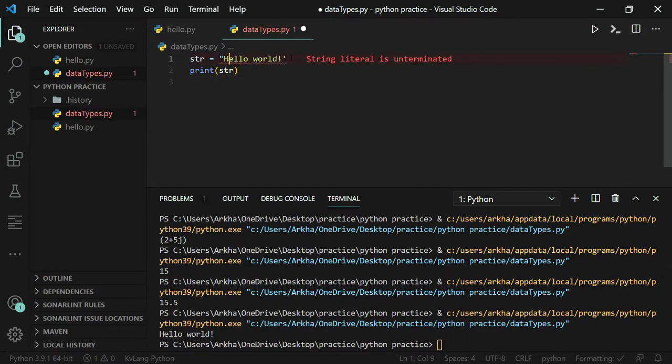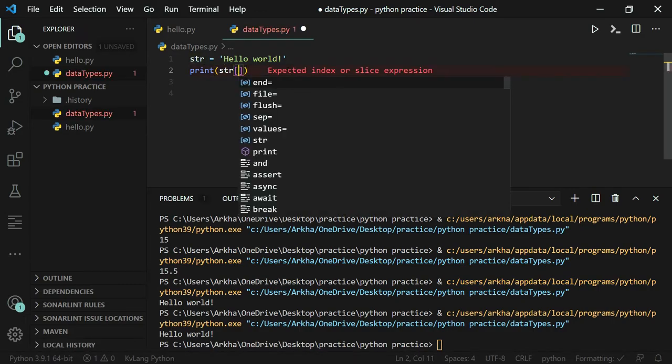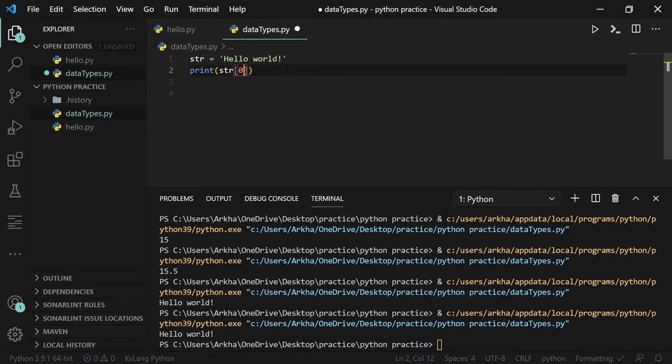single quotes. You can also access a specific element of the string by using print str of 0. So this means index always starts with 0.